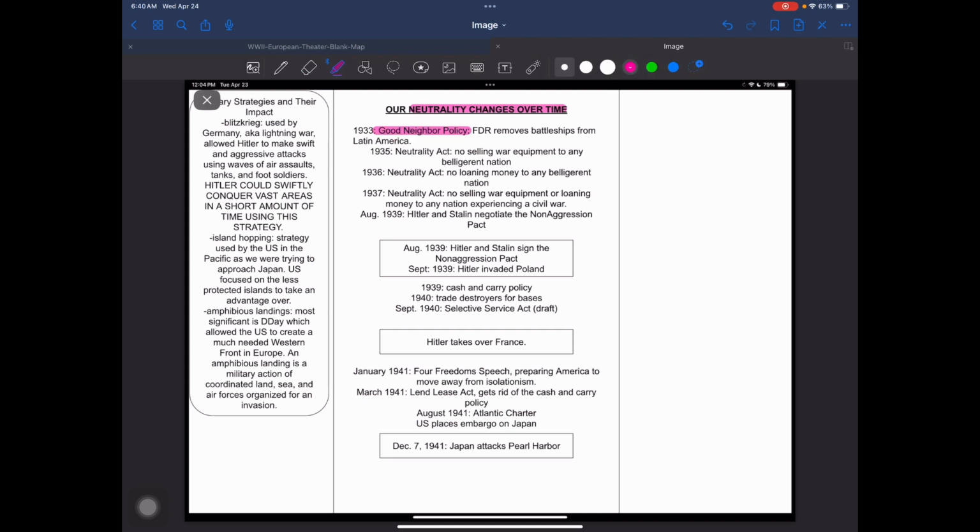And to be honest with you, one thing to note here, something that FDR did with our neighboring countries is he established what's called the Good Neighbor Policy. One thing I always tell my classes is the thing about Europe, if you look at European history, it's war after war after war. Europeans like to fight. That's one of the reasons we have always wanted to follow a policy of isolationism up until this point. And so, seeing all the drama and the conflict that Europe has with all of the countries and the surrounding neighbors,